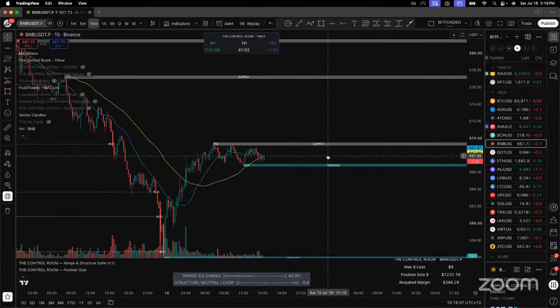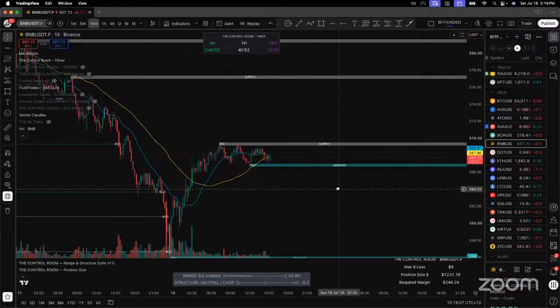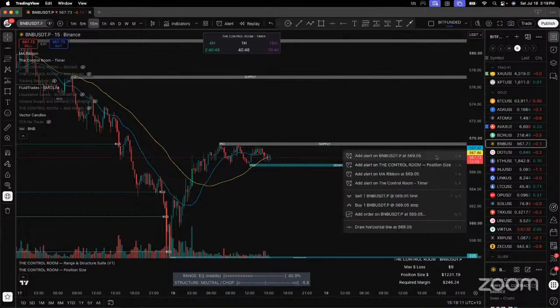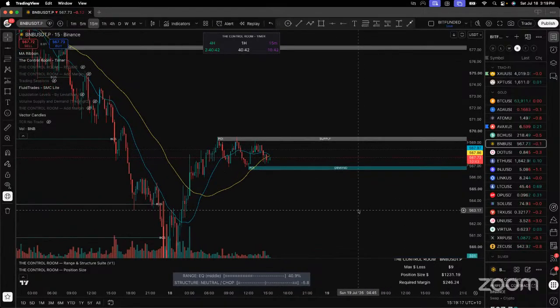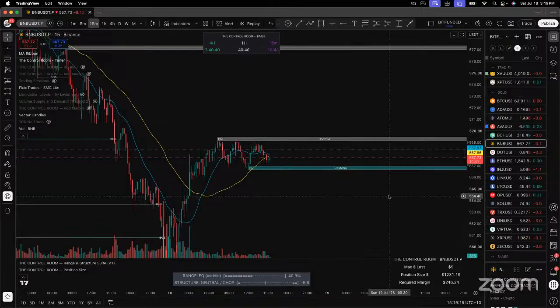It's compressing and going sideways as well. We're looking for a breakout and we're waiting. Set some alerts. Set one there. Set one there. And we wait patiently. See how we go.